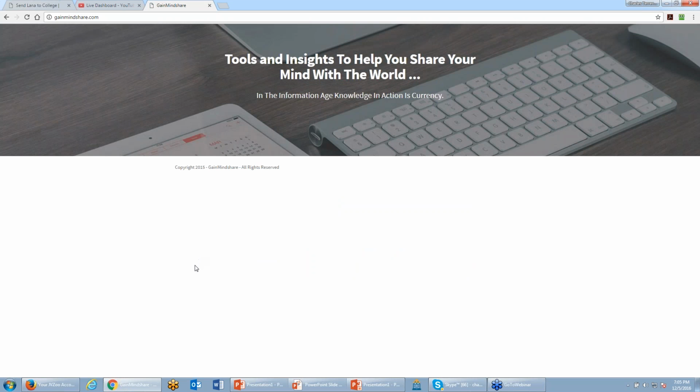Now, if I wanted to use the fundraising plugin, I would not put that fundraising plugin on gainmindshare.com. What I would do is a separate installation of WordPress in another website, that